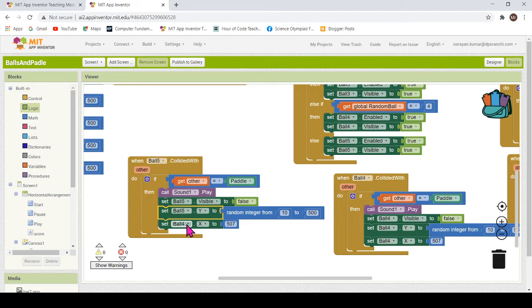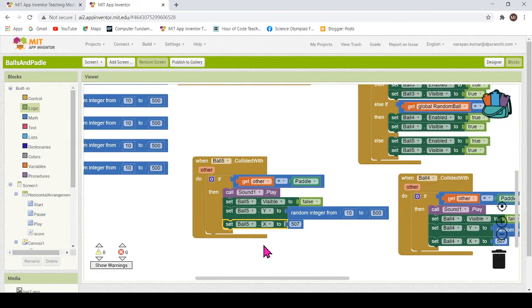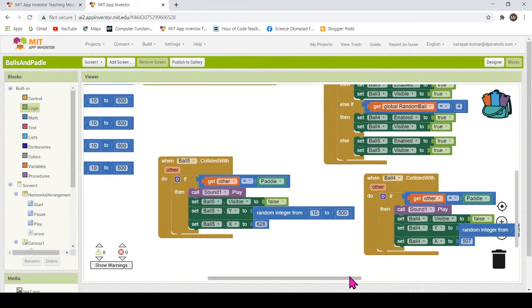Whenever it collides with the paddle, first it will make a sound, and then it will become invisible, and then randomly it will be placed on the top so that it can be visible again, and we can again play with the paddle. Ball 5 is 628. Okay, that's done. Did you see how quickly we have added one more feature to our app?